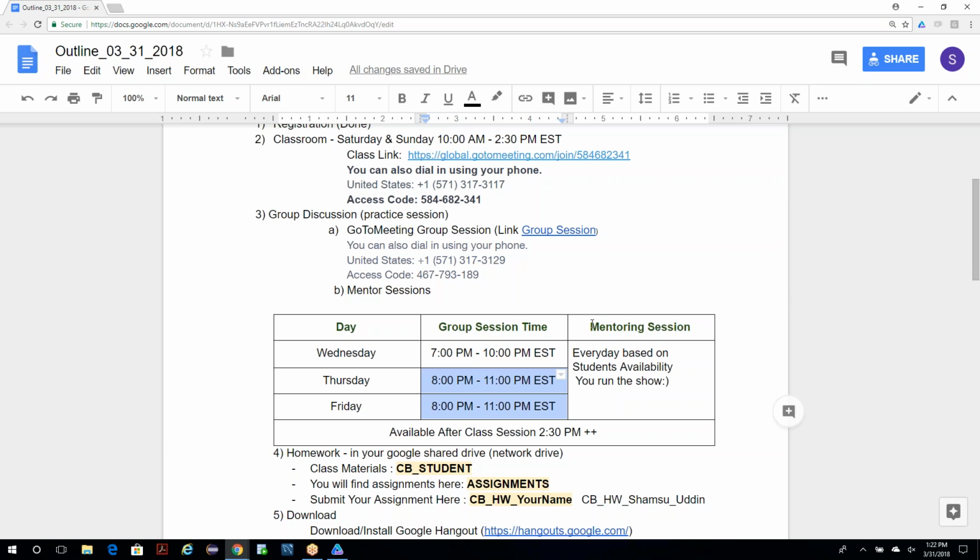And the second thing is a mentoring session. We are going to launch a mentoring session starting from next week, which is starting from Monday, and it will happen during the day, anytime you are available. So this is basically you running the show. One of you will volunteer, whoever wants to show whatever you learned so far. You want to explore that, let people explain it to others,